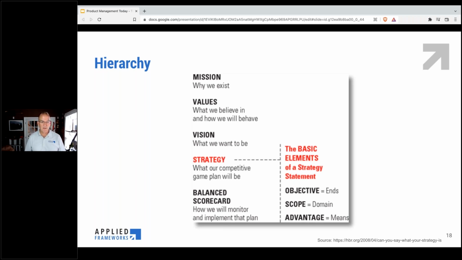Now, as you can see from the source, this is from the Harvard Business Review. In this case, the authors emphasize that having some method by which to measure your results is important as you're creating the strategy. So it allows you to actually have some measurable outcomes. For some of you, objectives and key results may fit even better than balanced scorecard, where you can actually track the performance of your execution to achieve your strategy.